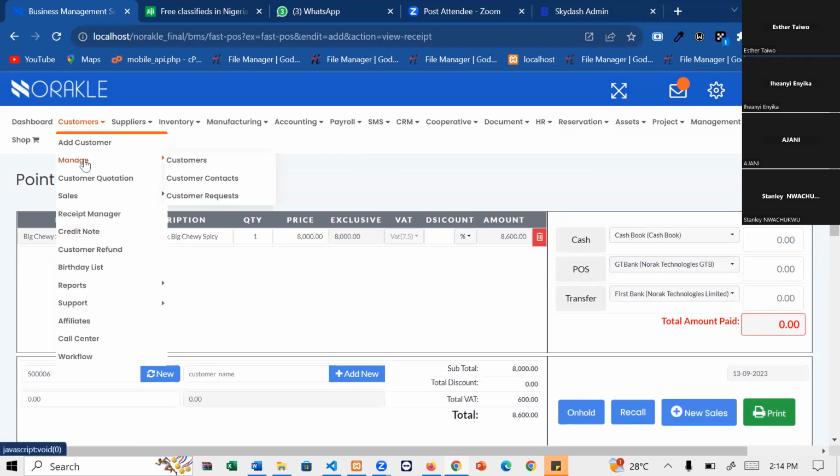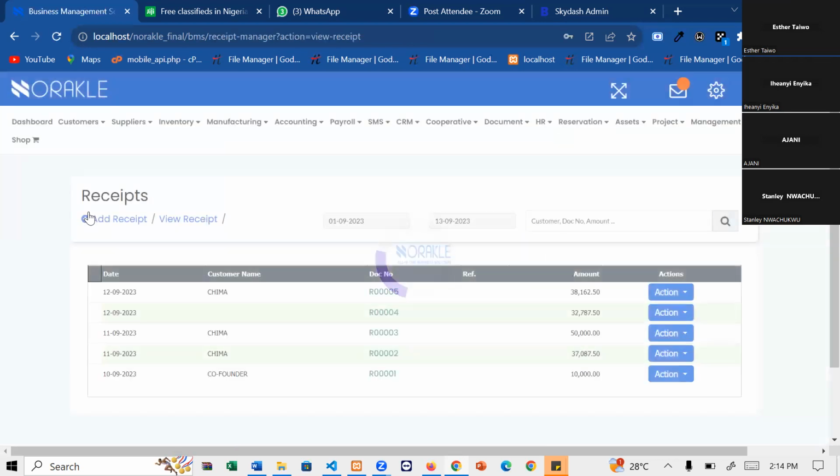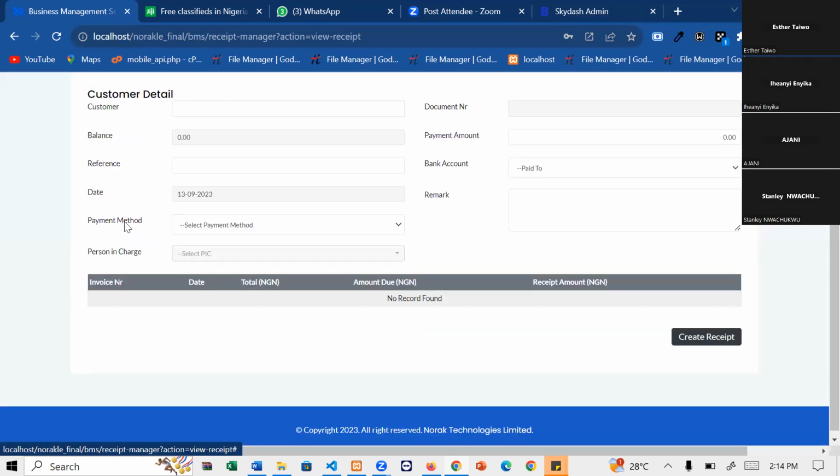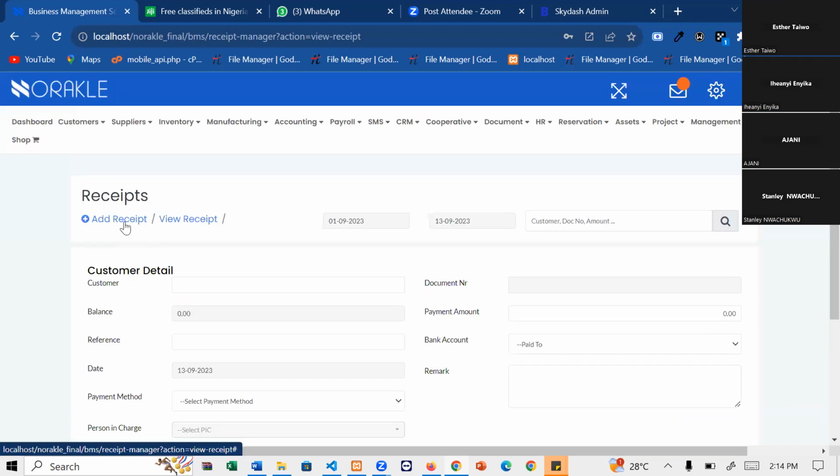Then we now have another one that we call receipt manager. For those customers who you give an invoice, of course, you're expecting them to pay. Once they pay, you can issue a receipt to such a customer. And remember, everything you are entering into the system is linked directly to your accounts, so that it will be easy to generate your profit and loss. You can easily generate your balance sheet. You can easily generate your